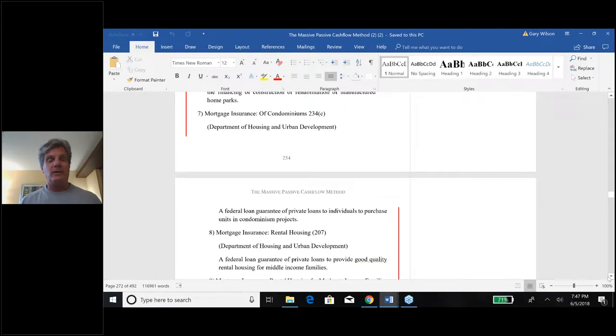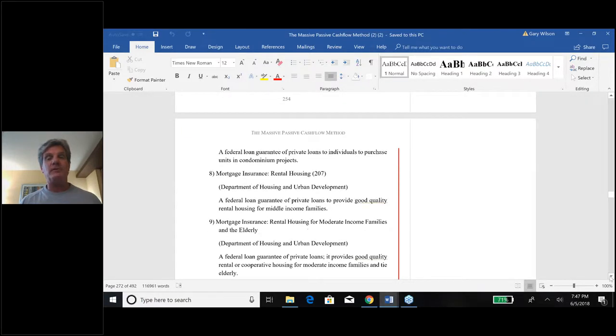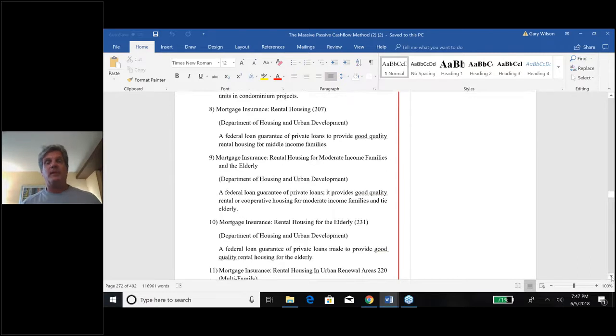All right. Let's see, rental housing. Now we're talking some good stuff here. Again, you have to check and see what's current, what's available now and what's not. But the old program 207 was for investors to provide rental housing for middle income families. Okay, if you think about that, you think that might be a good thing to do right now for a government. I think it probably would be a good thing to do, to be honest with you, because we have more renters right now on a percentage basis than we've had in 50 years.